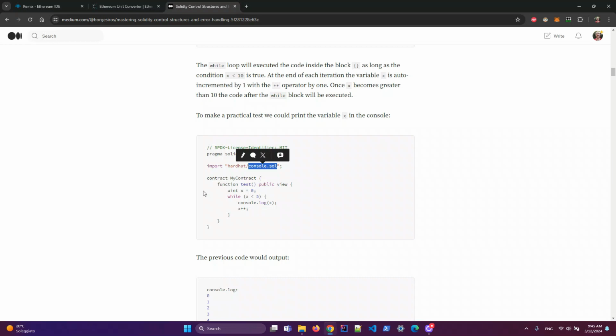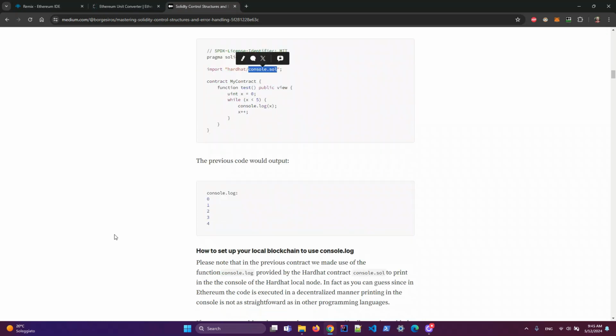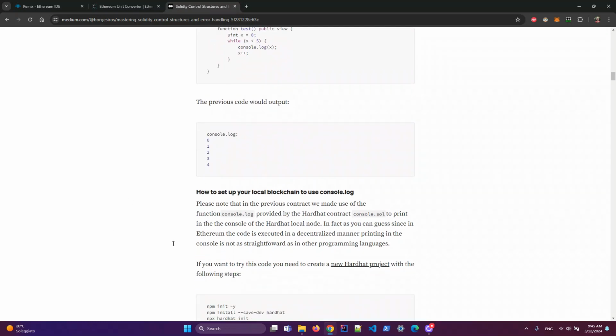In the blockchain, the execution is decentralized, which means that printing in the console is a tougher task to do, but nonetheless it can be done anyway by means of this